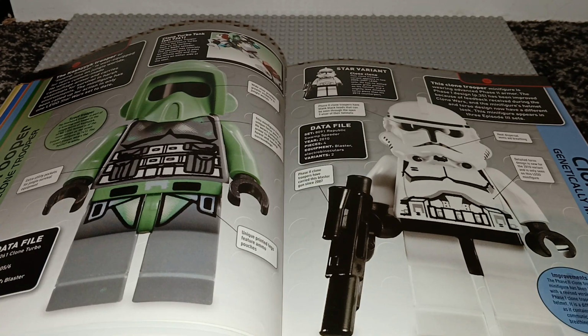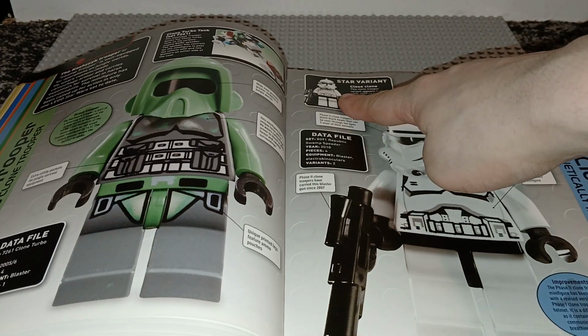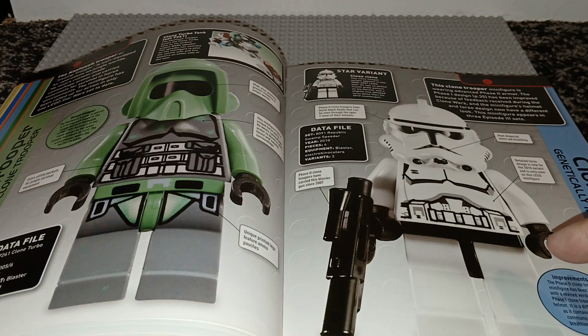This is the 2010 one. The one up here is the one you guys will mostly be familiar with, the one that was in the Turbo Tank Battle Pack. But this one is the Swamp Speeder one. They gave him more defined lines on the torso, and they gave him kind of...